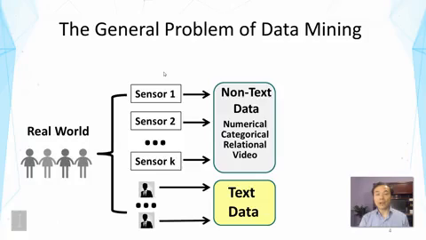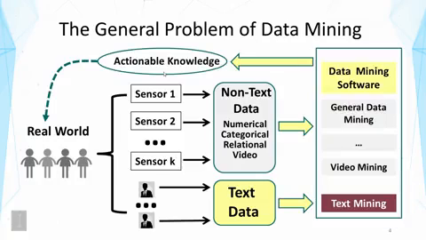But text data is also very important, mostly because they contain a lot of semantic content, and they often contain knowledge about the users, especially preferences and opinions of users. But by treating text data as the data observed from human sensors, we can treat all these data together in the same framework. So the data mining problem is basically to turn all the data into actionable knowledge that we can take advantage of to change the real world, of course, for better.